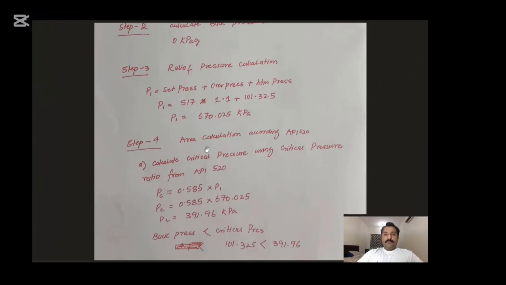So, how do we know whether this is critical flow or subcritical flow? For that, we have to perform a small activity. You can see on screen, calculate critical pressure using the critical pressure ratio from API 520. This is the formula given in API 520. This PC is the critical pressure, equal to this factor into P1. P1 is the upstream pressure. You can find the critical pressure